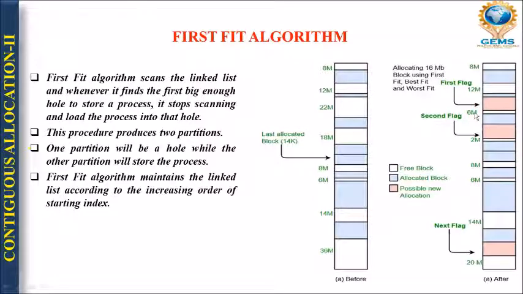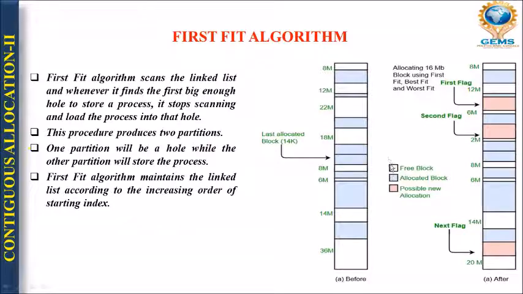And suppose you want to have, say, the first one which is having 6 MB. So for 6 MB, here you will get the space. For the first flag, or for the first process, the first vacant space will be used here only. Similarly, for the second flag, if it is demanding 2 MB, then it will be certainly positioned here. For the third flag, according to the size, it will be stored here.